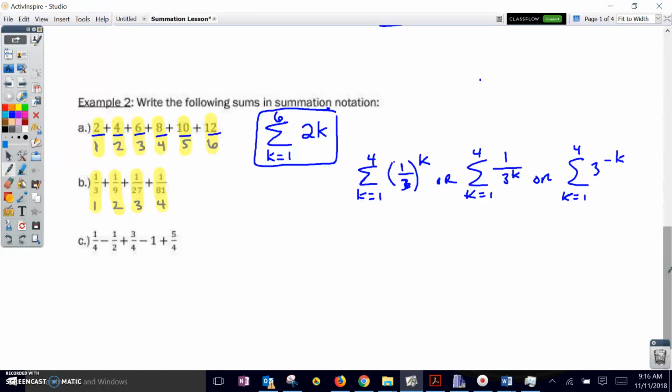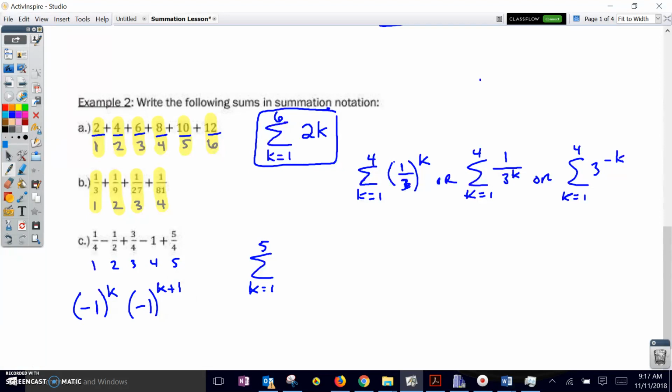On to part C. First term, second term, third term, fourth term, fifth term. So we're going to write the sum k equals 1 to 5. And what you notice about this one compared to the others is that the terms alternate in sign. And so we're going to put an alternating term in there to describe that alternation. And usually I like to use either one of these two depending on the scenario, either the quantity -1 to the k or the quantity -1 to the k plus 1, whichever is required to get the pattern of signs